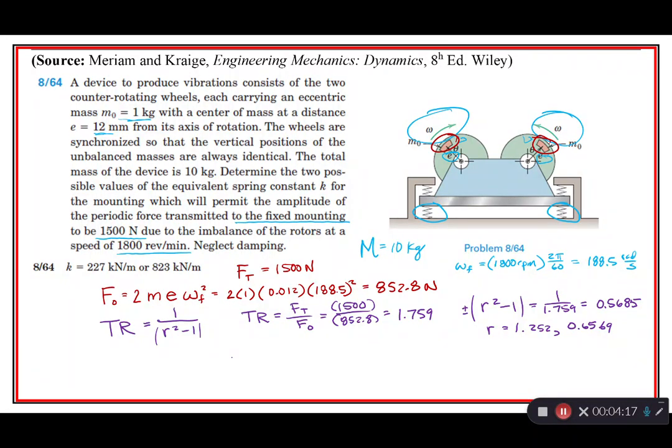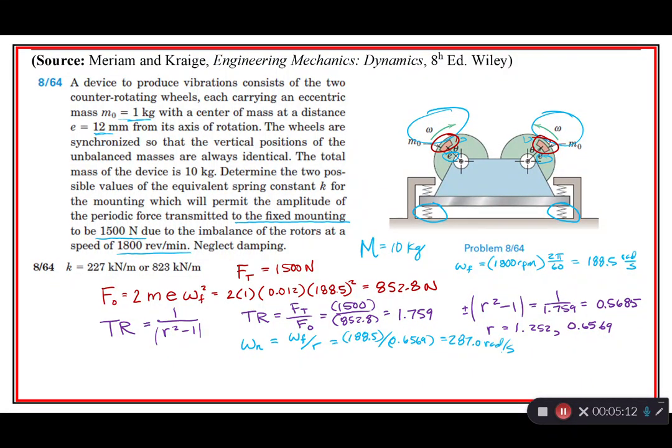So now we know what the natural frequency is. Do we know the natural frequency? Yeah, we can find them. We find the 2 different natural frequencies that would allow for this, that would limit the forces onto that thing. And so our natural frequency is going to be omega F divided by R, or 188.5 divided by, which one did I do first? I did the lower one, 0.6569. And I got 287.0